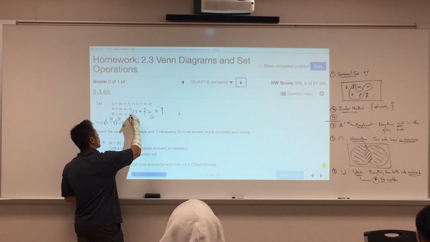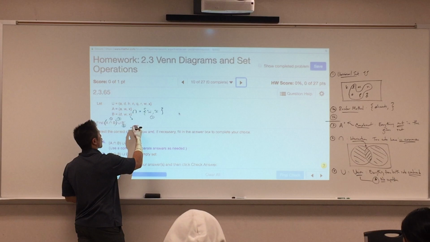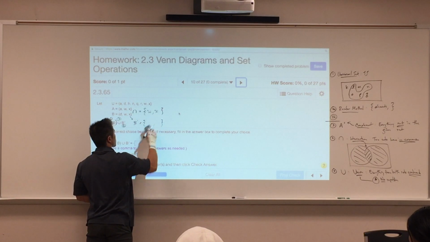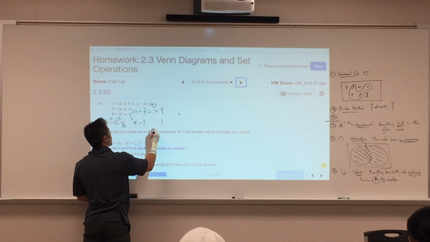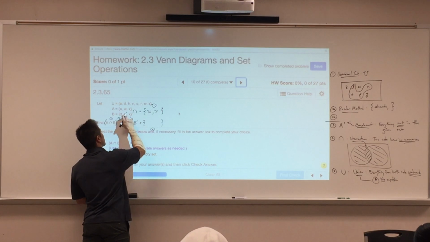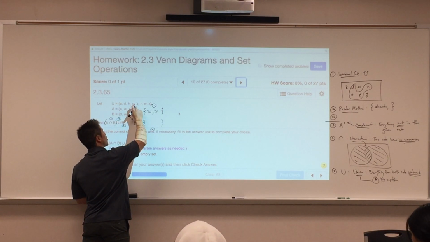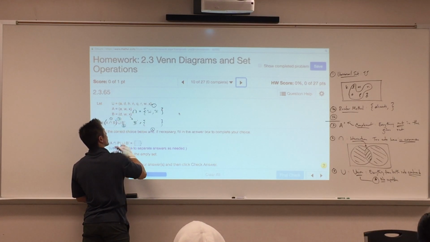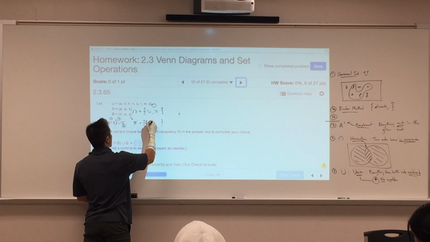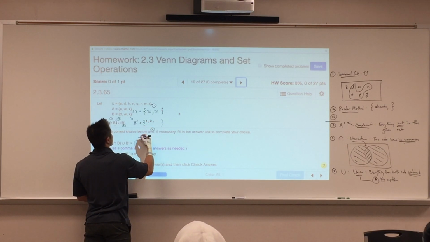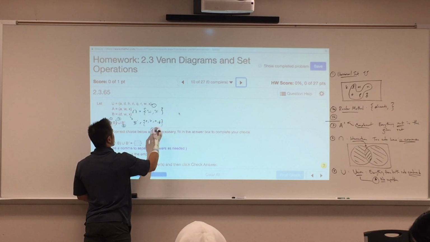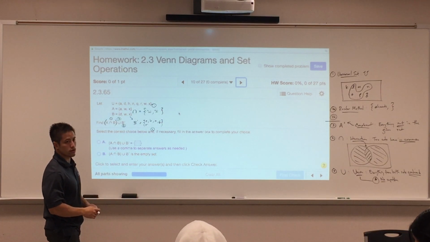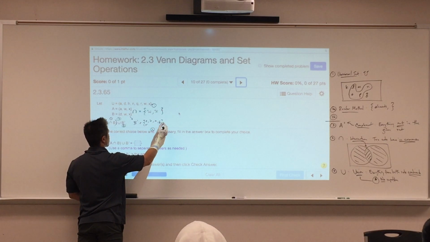So what's B complement? Well, I'm going to kind of come down here, and I need to figure out what B complement is. Let me do this so it's not so confusing. So B complement is everything not in B, but staying within the parameters of the universal set. B has D, W, X. I don't want any of that, so therefore I want A, H, N, Q, R, that's it, because W, X finishes off the universal set. So A, H, N, Q, R,